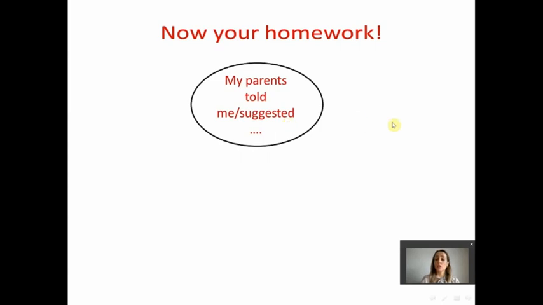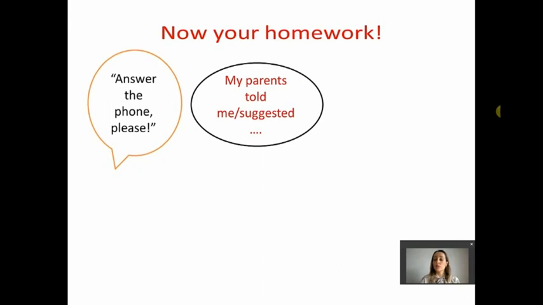You can take a photo or write examples in your notebook. Here are some examples for you. The first example, answer the phone, please. Your task is to report it, to turn it into reported speech.